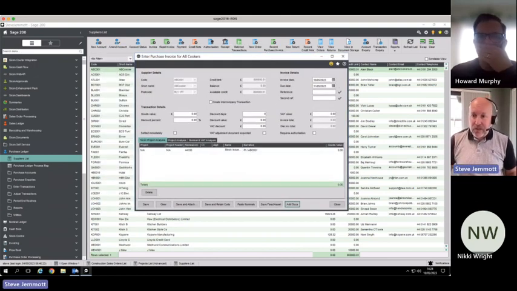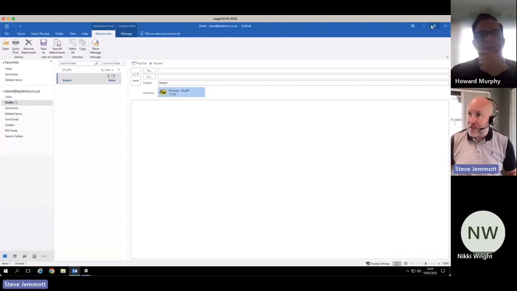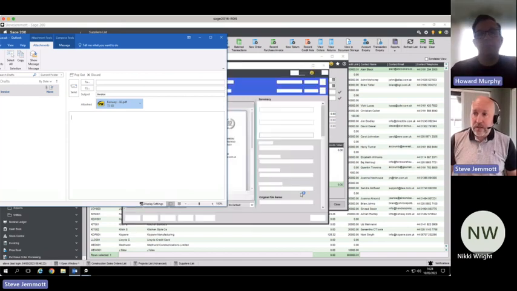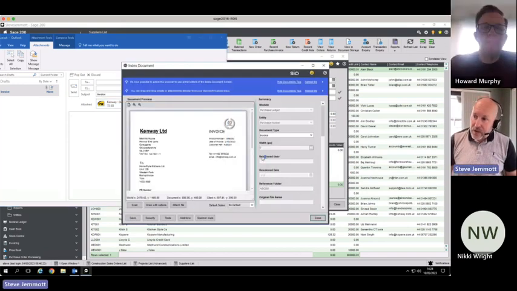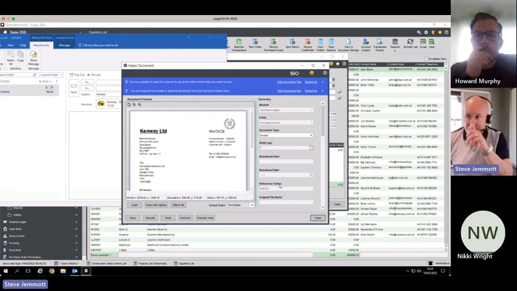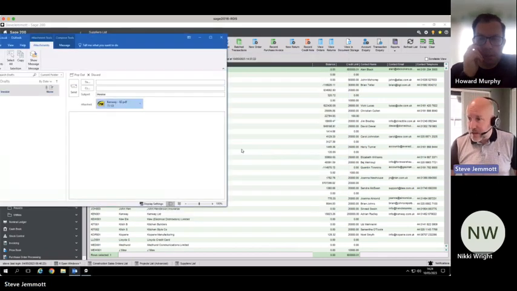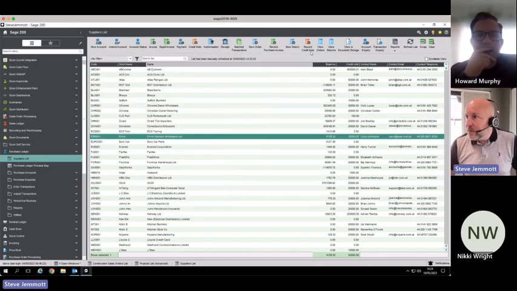If you've got two monitors and perhaps you've got your email over to the side here, you can literally just drag and drop the document onto the button. Onto the button itself. And then you can save, and you can see on the right hand side there's all this metadata that it's going to attach. Now what the end result is, I'm just going to cancel that and I'll show you somewhere I've got them earlier,